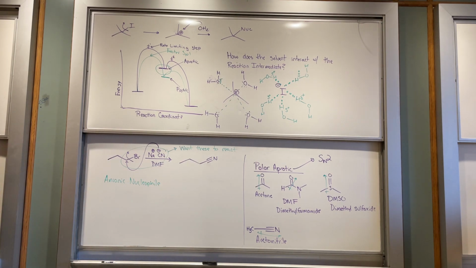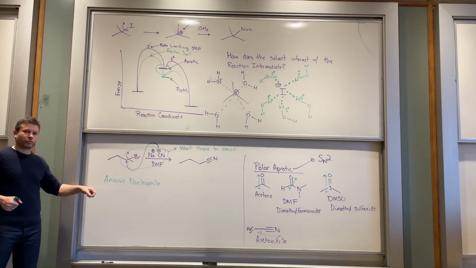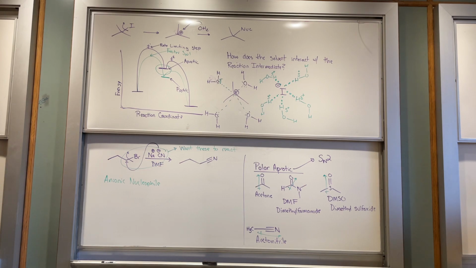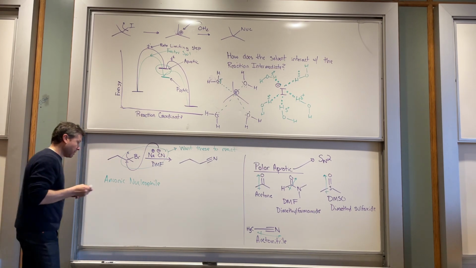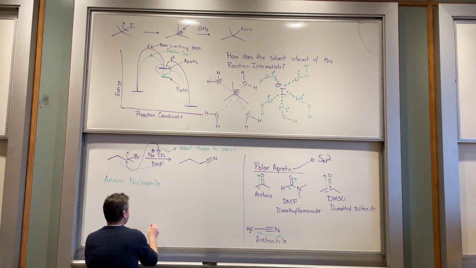The most notable case where we're not going to have an anionic nucleophile is where we're using amines as nucleophiles. But otherwise, typically when we're doing SN2 reactions, we're going to have an anionic nucleophile. And we want that anionic nucleophile to be as reactive as possible, right? So when we're doing these reactions,